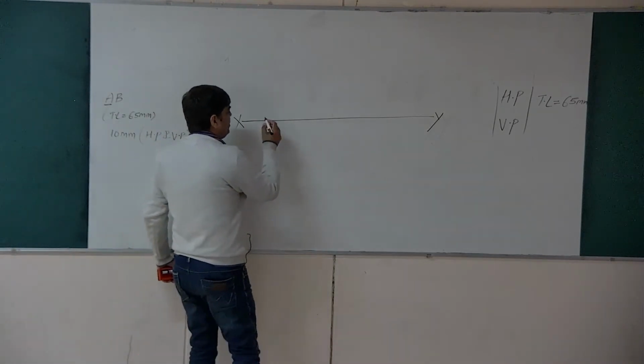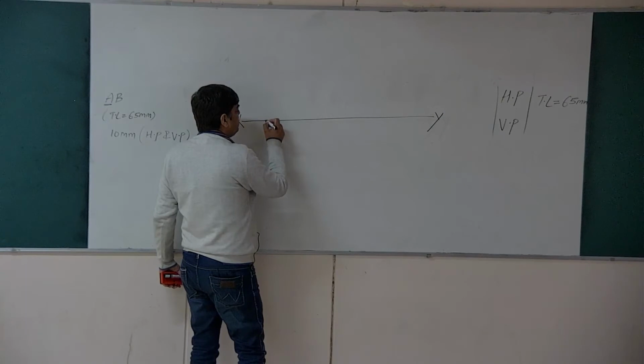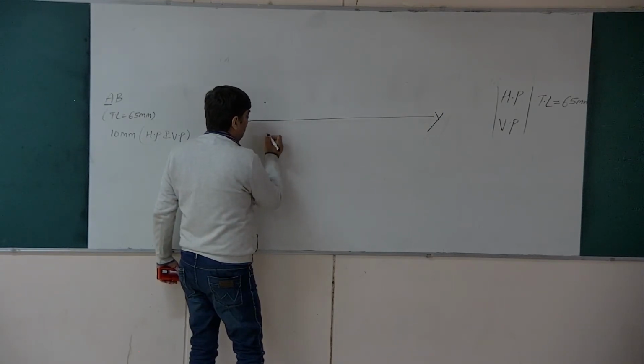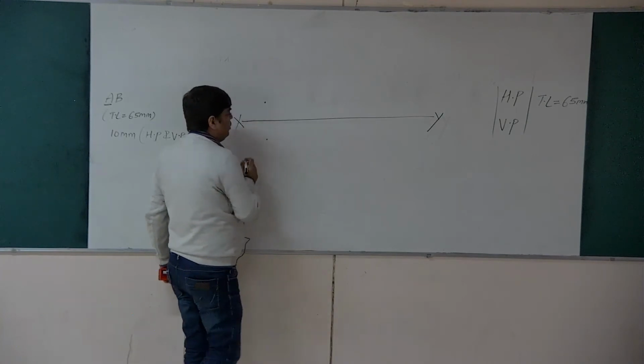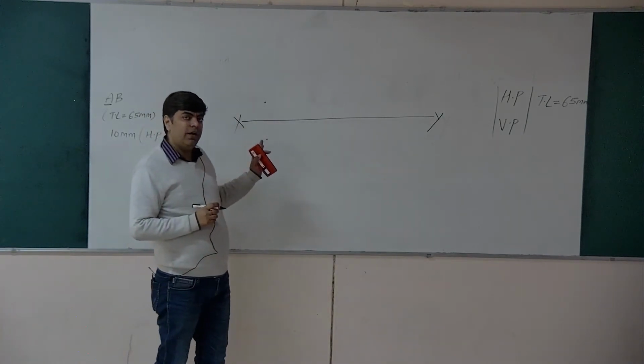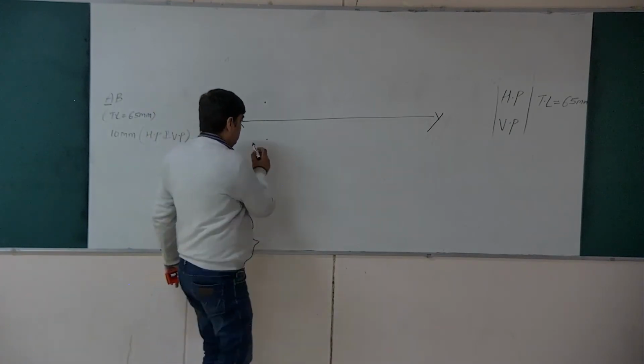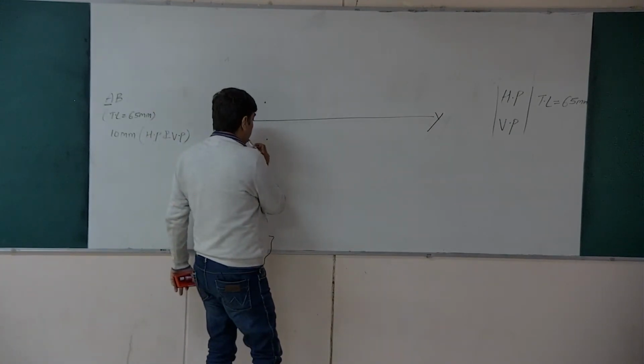mark the position first. So I'll mark the locus, that is the position of the point. Let us say this is 10 mm and let us say this is 10 mm. So always remember what should be dark and what should be light. Your XY line should be dark because XY is basically the plane. So I'll draw the locus now.